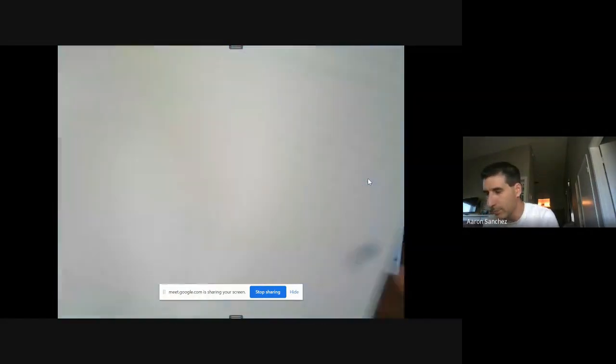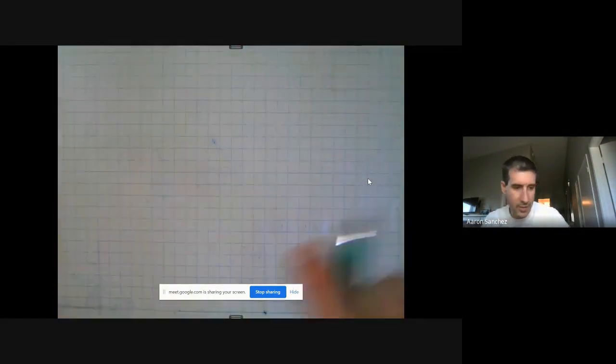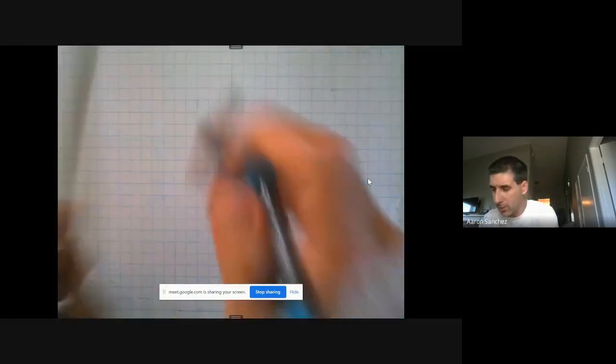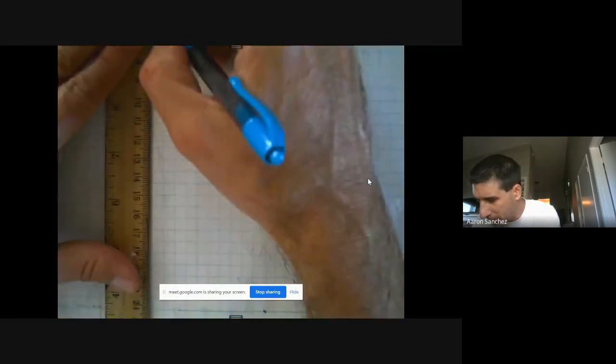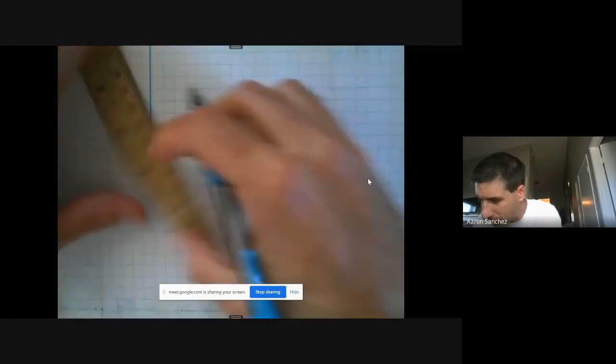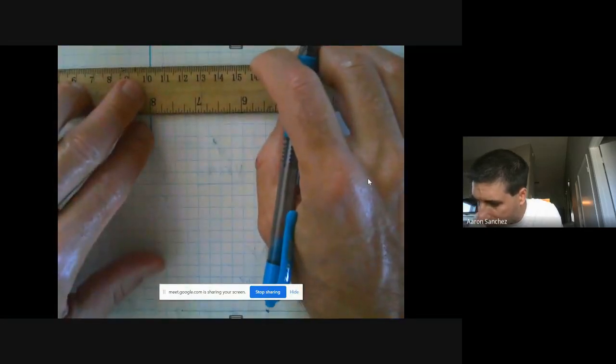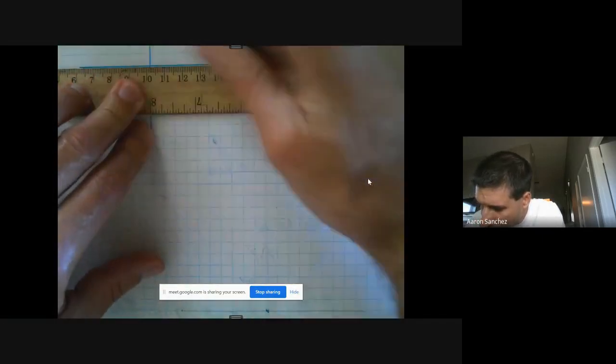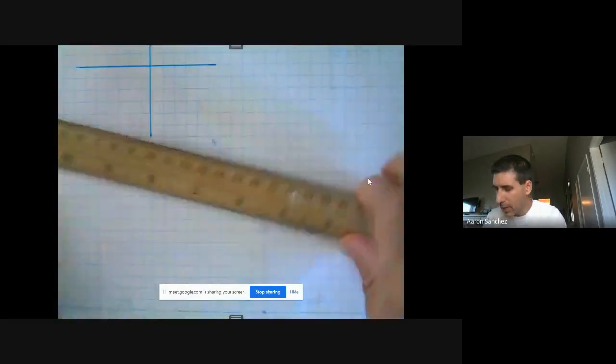Now, a couple of things here. I'm still drawing these angles. You guys can draw, or you can just watch. You just have to understand the concept. I don't know if you need to draw it to understand the concept, or if you get it. Now, sometimes the angle